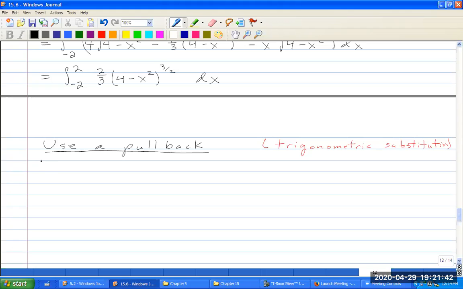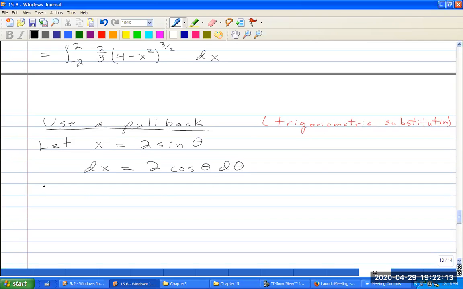So let x equal 2 sine theta. Okay. So dx equals 2 cosine theta d theta. And so now my volume is equal to,